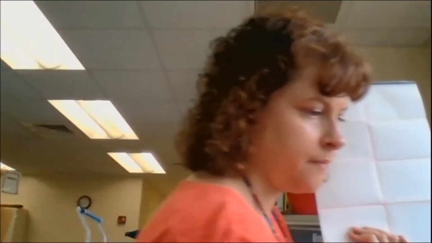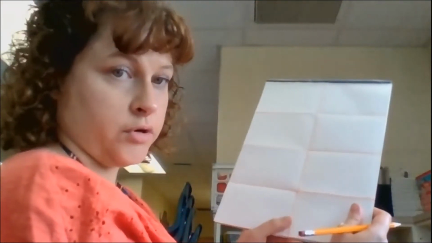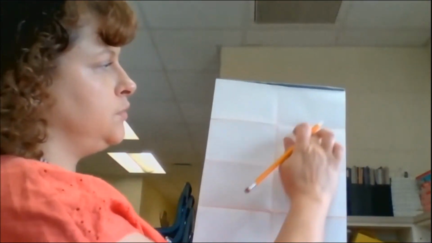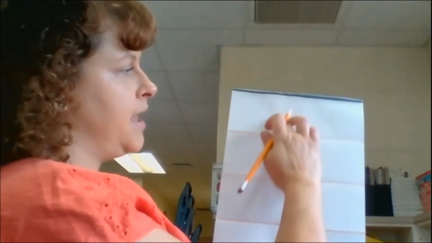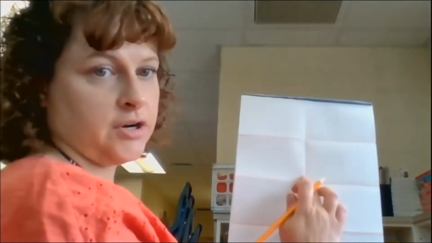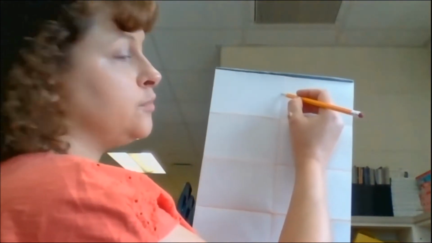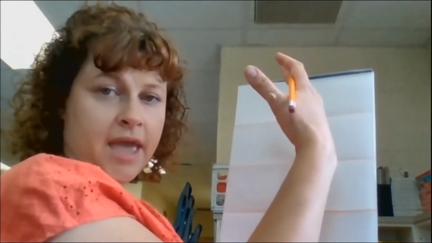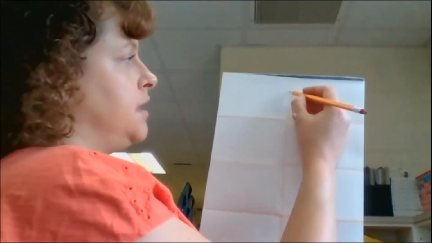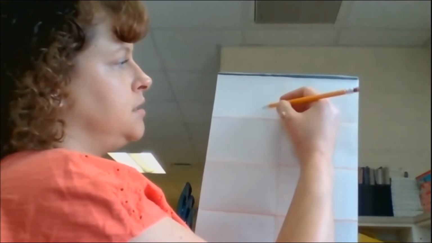Now, for a Modigliani style portrait, we're going to do the face in this top half. It's going to be right in the center of these 4 top boxes. And leave a little room at the top so that if you want to add a hat or do something with the hair later on, you can do that. So don't go all the way to the top,